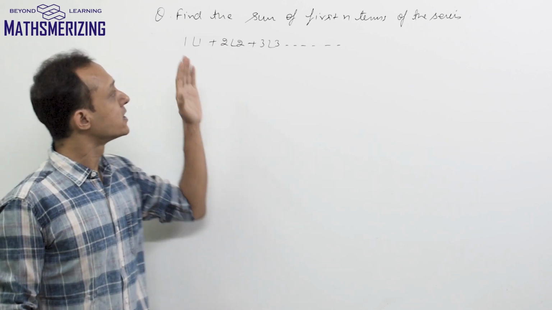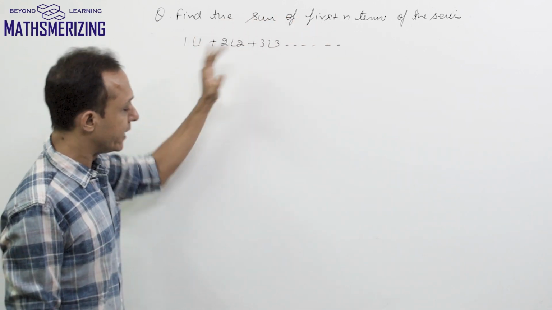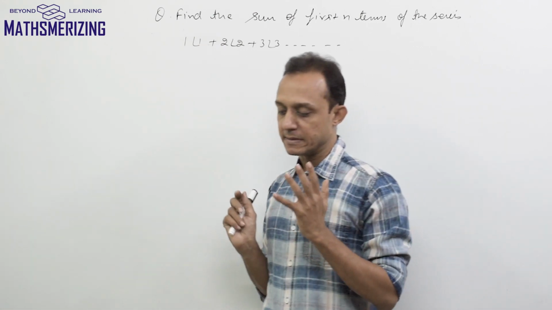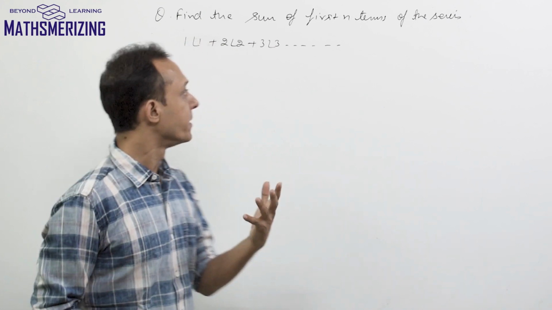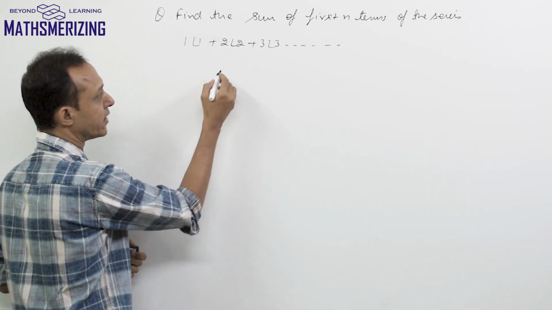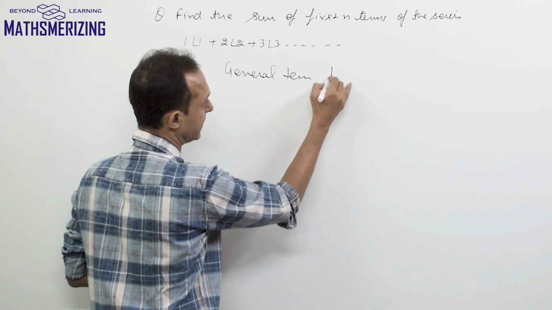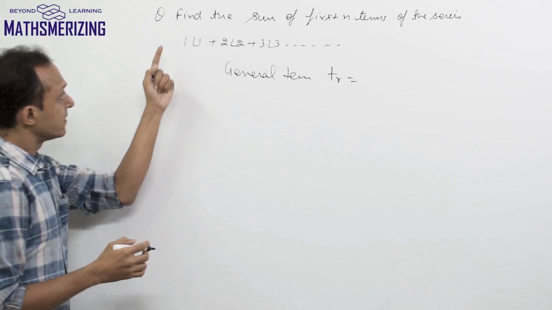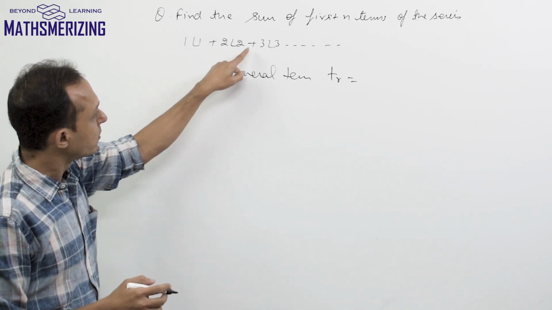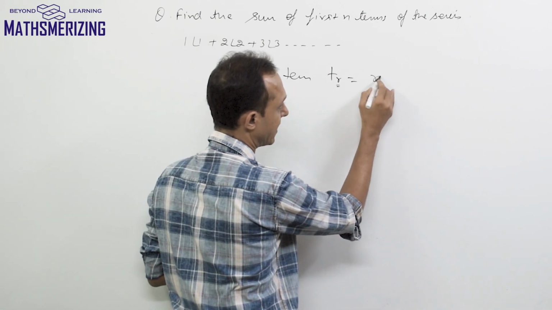So the question is find the sum of first n terms of the series 1 into factorial 1, 2 into factorial 2, 3 into factorial 3. Now we know that we encounter such questions in sequence and series. There we use telescopic summation or method of difference to solve it. So I can write the general term for this series: the first term is 1 into factorial 1, 2 into factorial 2, third term is 3 into factorial 3, then rth term is expressed as r into